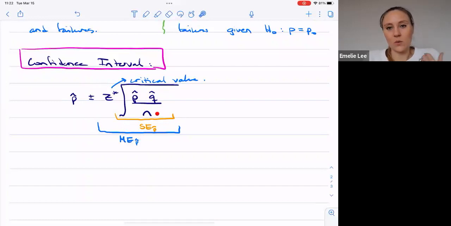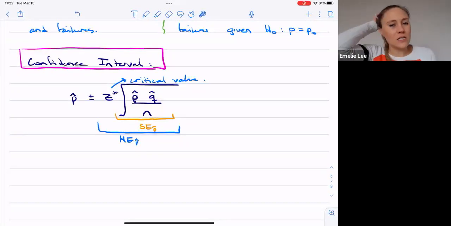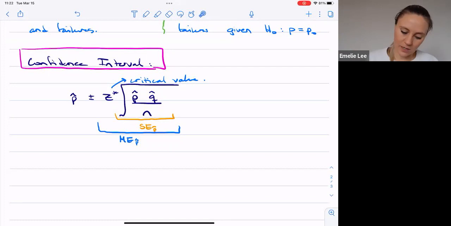We can calculate what sample size we would need. Notice that we need the sample proportion, so that gets a little bit weird, right? Because how am I supposed to have a sample proportion if I haven't collected any data? I'm trying to decide how much data I need. So it's kind of a catch-22. So I'll show you how to get around that. But for now, let's just